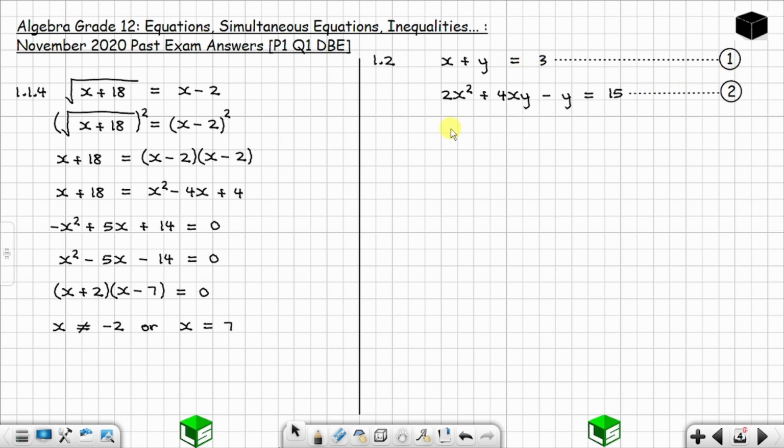So from equation 1, y is equal to 3 minus x. Okay, and this becomes our third equation. I hope you are following. So I'm saying that you can use equation number 1 or 2 and you make x or y the subject of the formula. Always go for the simplest one. From 1, y is equal to 3 minus x.